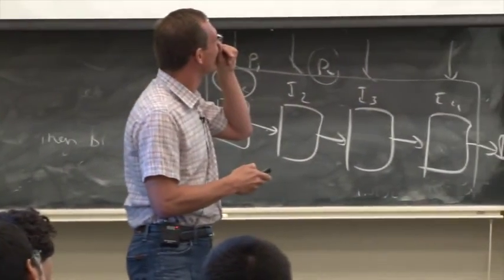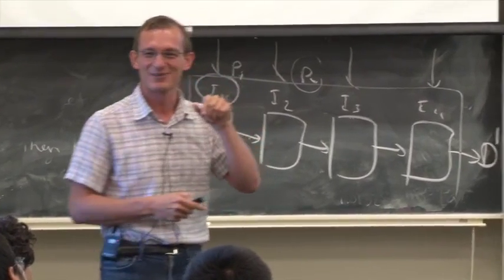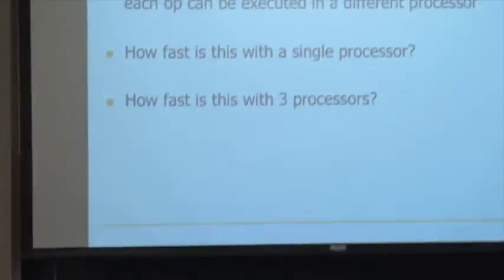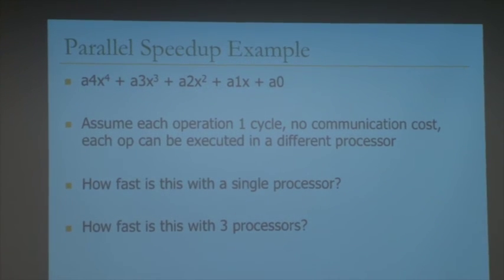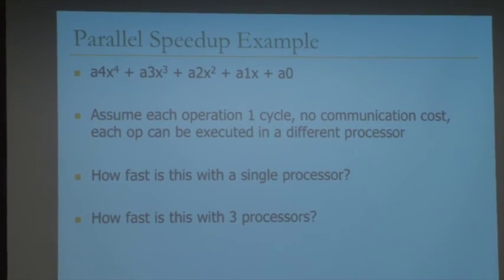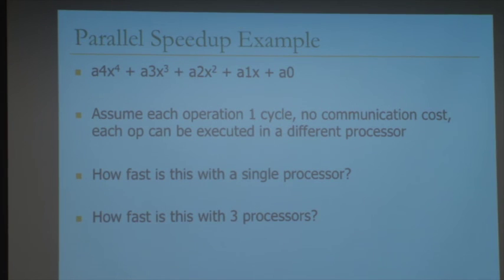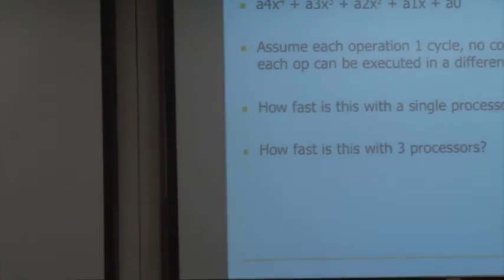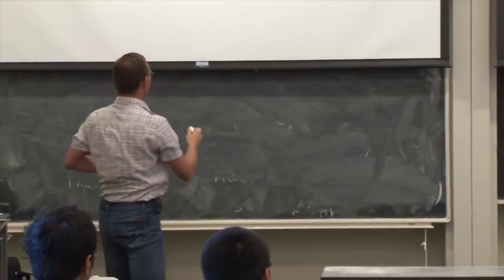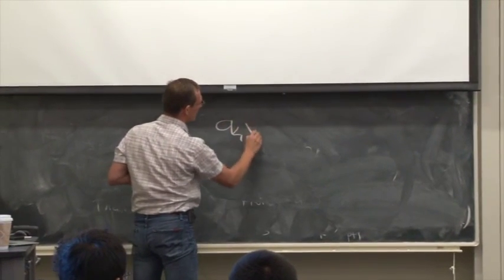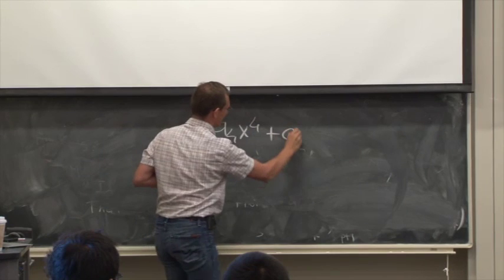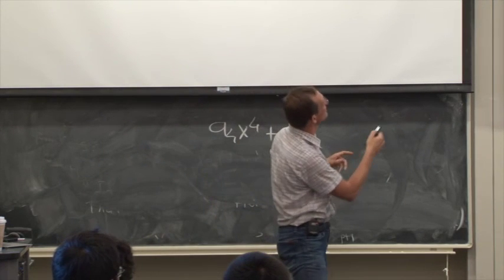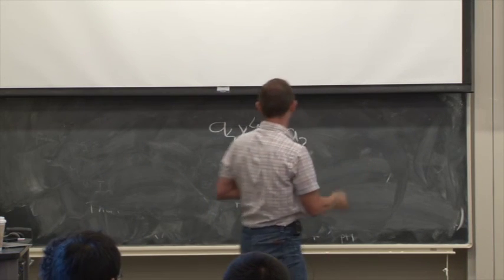OK. Do you guys remember this from 447? OK, so I guess let's go through this exercise because it's very fundamental. Well, I guess this is hiding here. I'm afraid to turn off this. I'll turn it off after I write the problem. So it's basically we have this polynomial computation, and I did a terrible job making these subscripts.